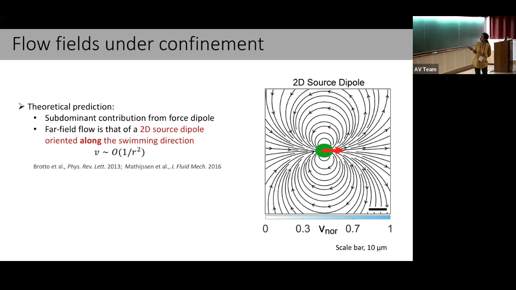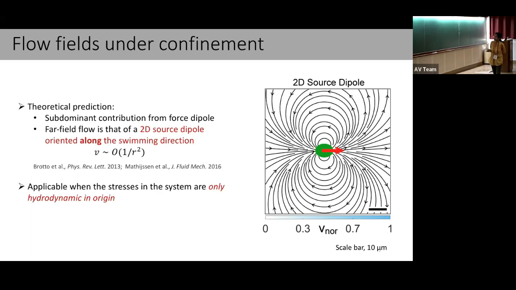So the cell is swimming to the right, and you get this two-loop flow field, which is the theoretical expectation that only accounts for hydrodynamics. It basically says that you have two boundaries, and so the flow velocity has to go to 0 at the boundary. With this boundary condition, how will the flow fields change? When we did the experiments,